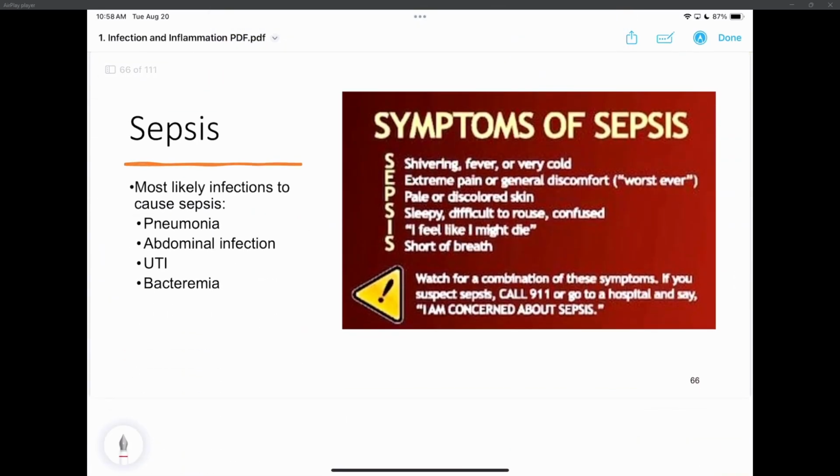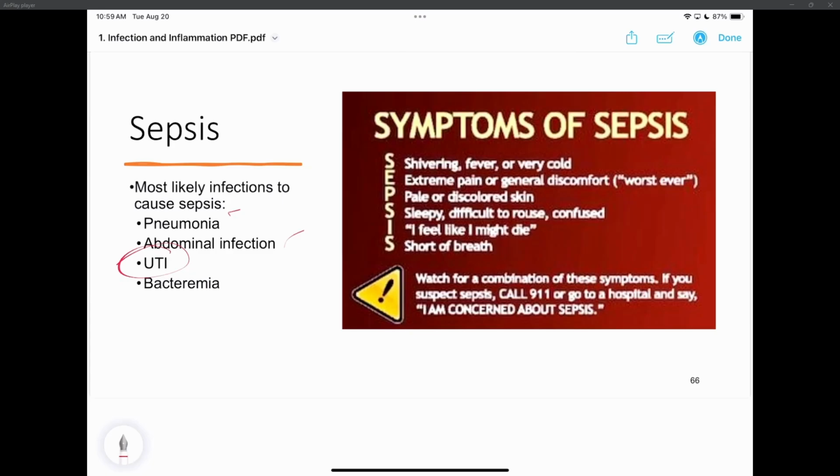Most likely, who gets septic? Pneumonia, abdominal infections, which are considered dirty infections. UTIs. Now, UTIs are very malicious because elderly people will come in with altered mental status all the time. You have to check for a UTI first. Any elderly patient coming in with altered mental status, confusion, who looks sick, check for a UTI. They get them frequently, and if they build up too much, they cause altered mental status just from a simple UTI. You give them some Cipro, Bactrim, and they're better in 2 days.